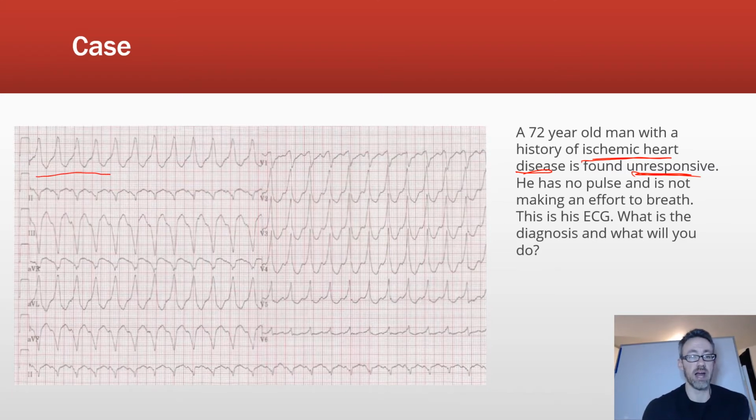But in general sort of pattern recognition, given the history that we were dealing with, you'll notice this sort of pattern, and it's somewhat regular, and it looks like we're looking at those QRSs that are very, very wide. You can see that they're kind of broad, and it almost looks like it's sinusoidal, and the patient clearly looks tachycardic if you were to try to count the boxes in between and so on. So kind of with that in mind, given this picture, this is actually ventricular tachycardia, and the person's not